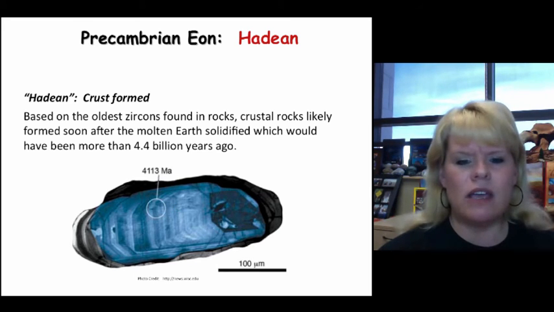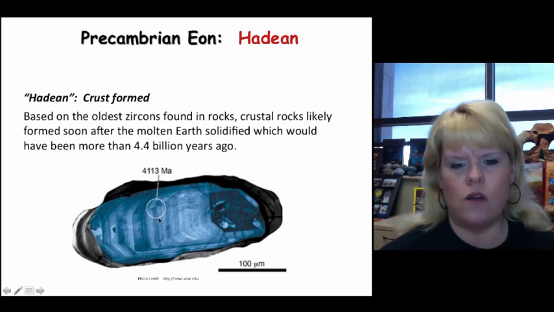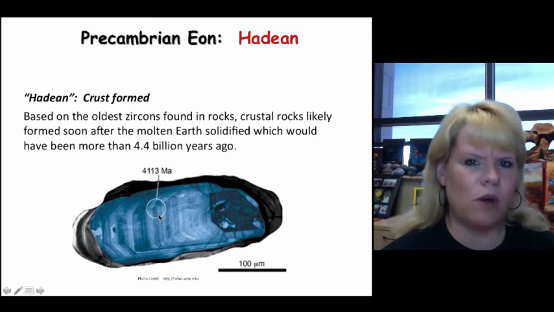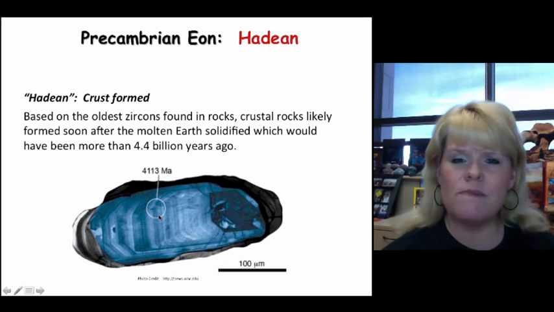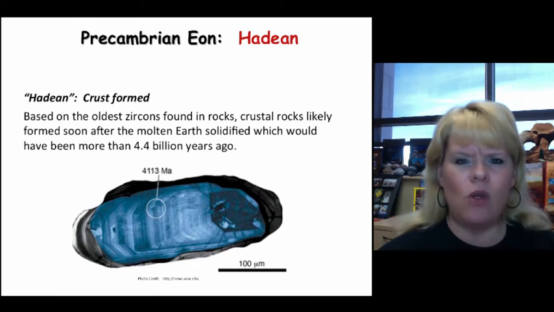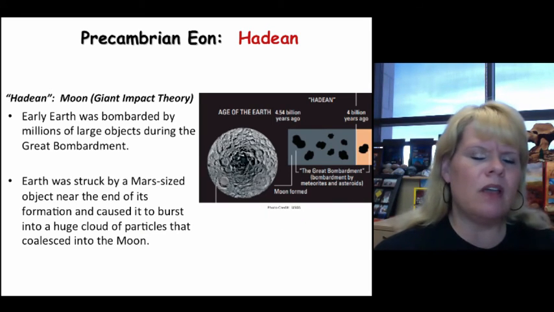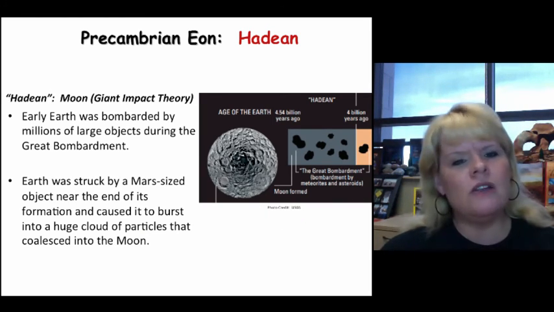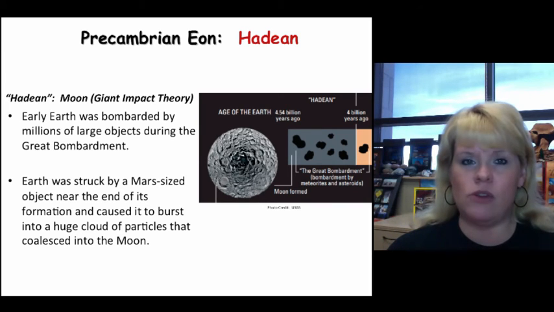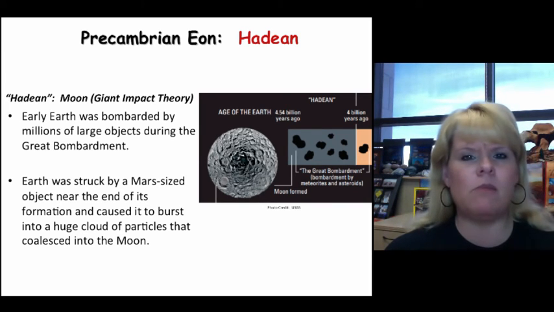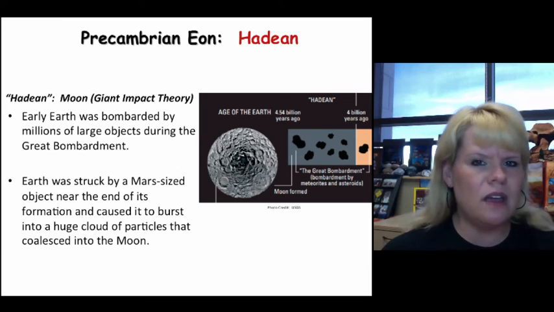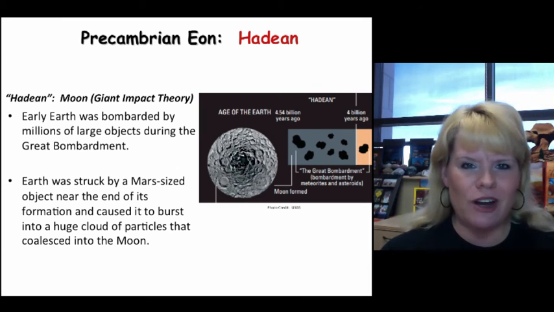And so you're looking at a very old zircon crystal, the core of it, that's over 4.1 billion years of age. It's pretty old. And so some of our oldest zircons date back much further than that, to right around the 4.4 billion year marker. So there is a moon giant impact theory, which is generally accepted by most scientists as how we got what we call our neighboring structure in the sky called the moon.